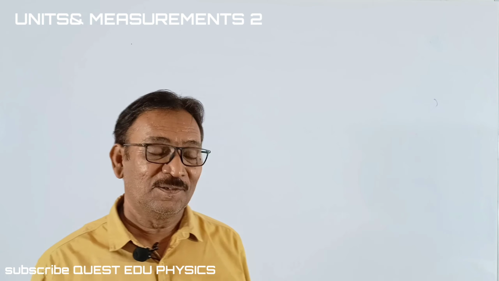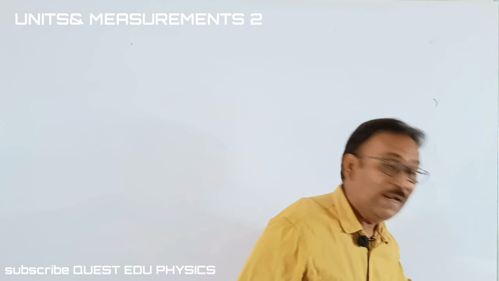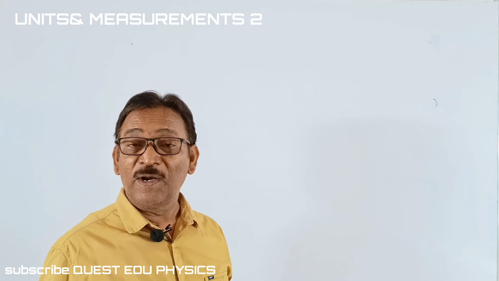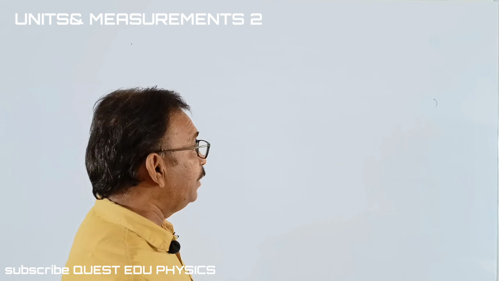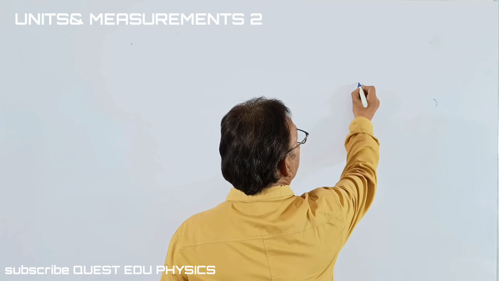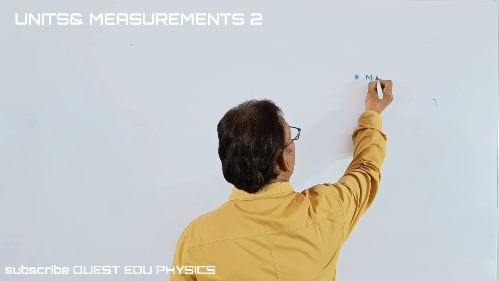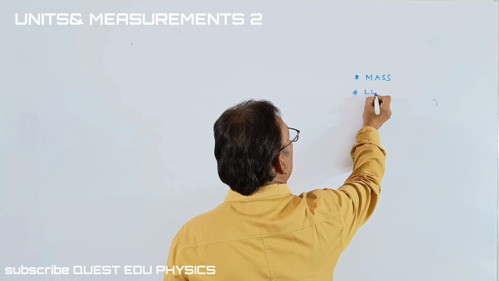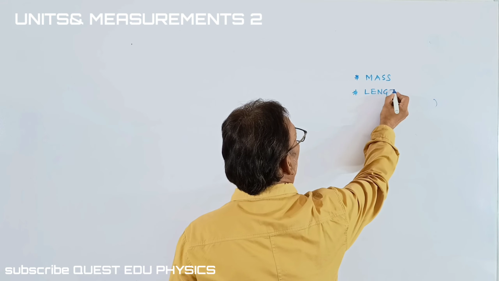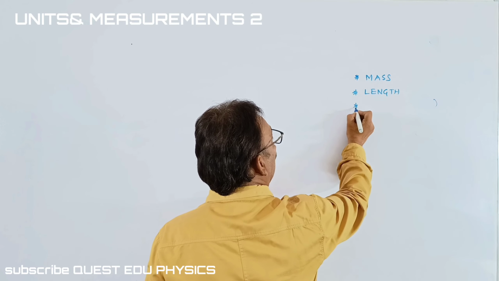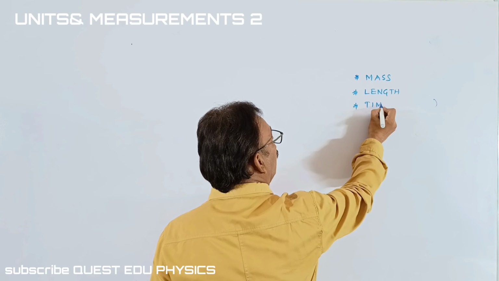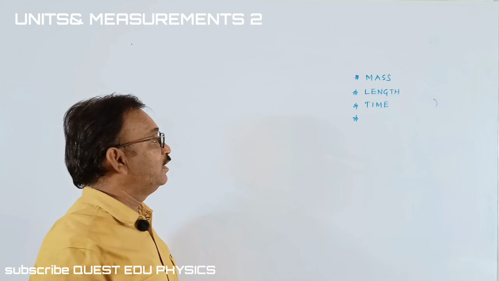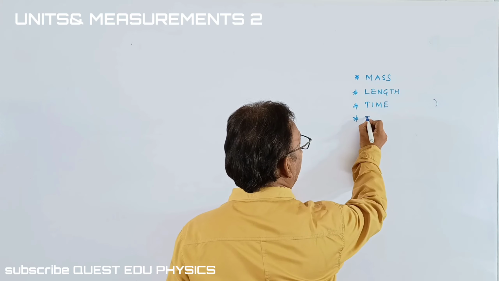Let's start the class. In an earlier class, we learned that we have two types of physical quantities. One is the fundamental physical quantities, and we name them as what? Mass is a fundamental physical quantity, students, and length is one more fundamental physical quantity, and third, time is one more. We are writing about the SI system of units here. Then after that, I said it is